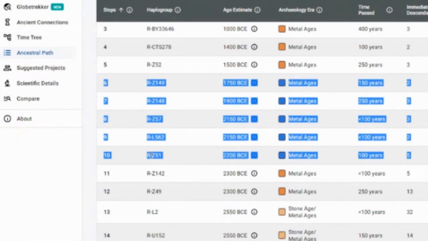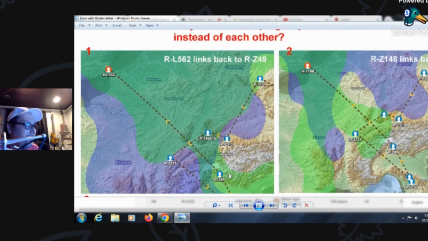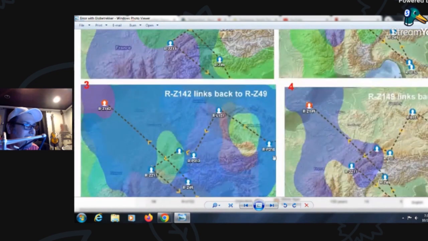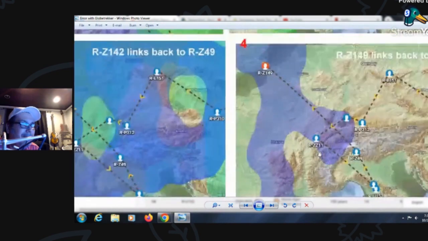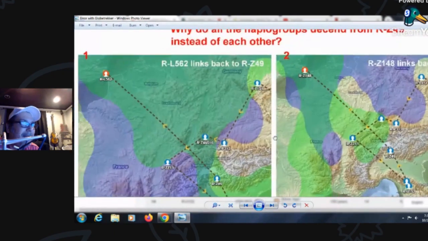All these should be this one's the parent of this one, and so forth and so on. So on the map over here, these should actually show the next child, as opposed to all of them coming from the same parent. So it's an inconsistency, and maybe there's a reasonable explanation, but